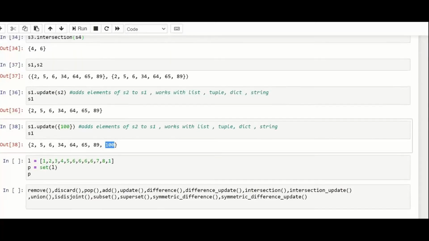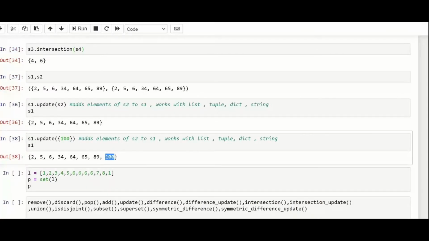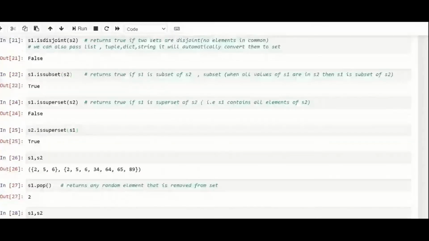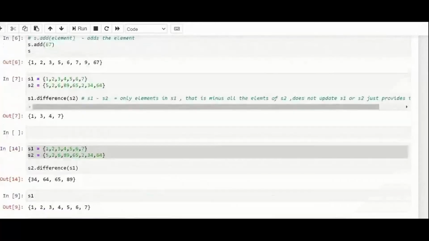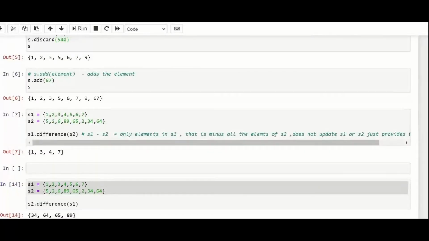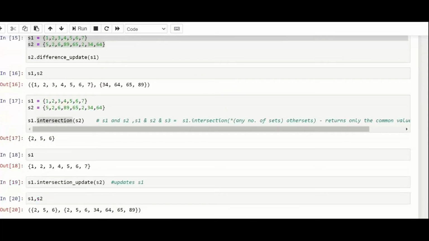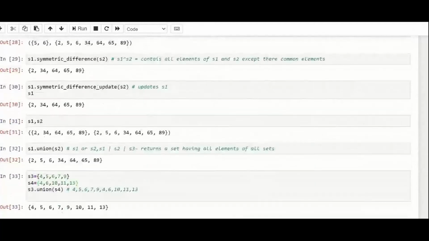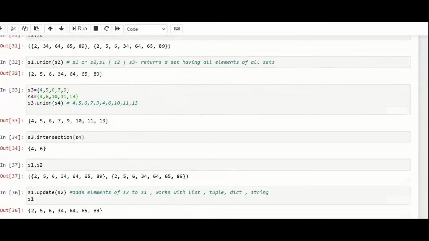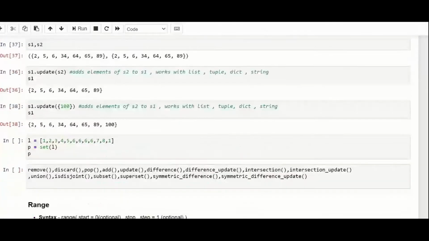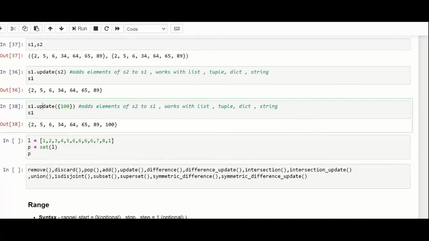If we have the add method also, which we covered in the starting, your add actually adds a single value at a time in a set, whereas your update method is used to combine two different sets. Similar to a list, where append only appends a single element, whereas your extend method combines two lists. So your update is that method altogether.